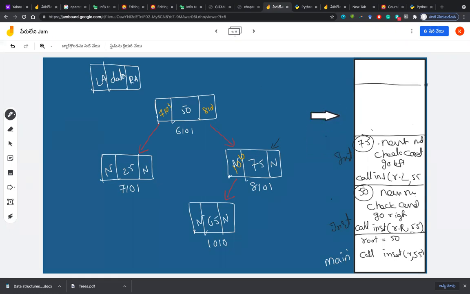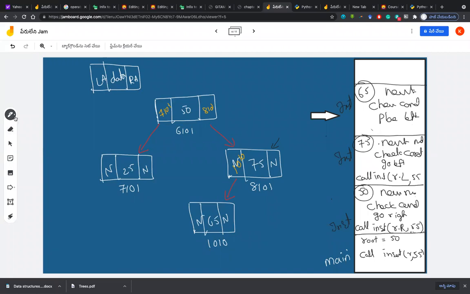And so you will have again an insert function. What is the root now? 65, sir. 65, because 75's left is 65. And again you create a new node. Next, we'll check the conditions. This time, if you check the condition, should you go left or go right, place left or place right? Left, sir. Yes, because 65's left is none and 55 is less than 65. We can simply say place left.